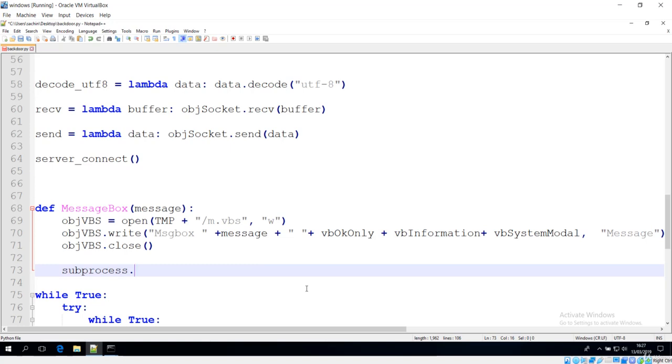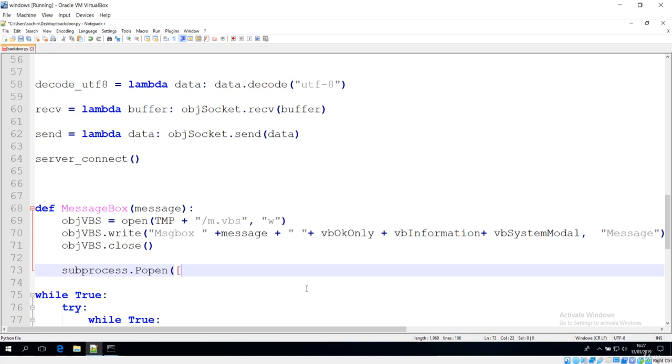So we have a bunch of methods in the subprocess module. You can see the check_output, or you can see the call method, but now we are going to run the process. That means we have to use this Popen method. So this is going to create a process in order to just execute this command.